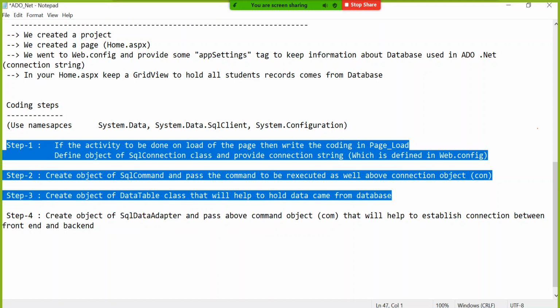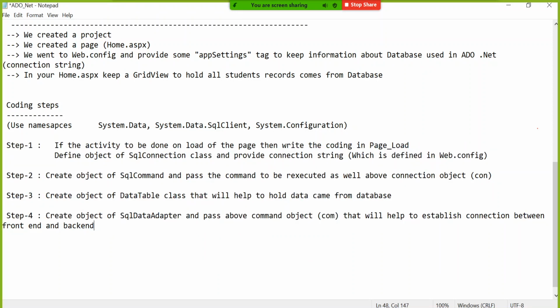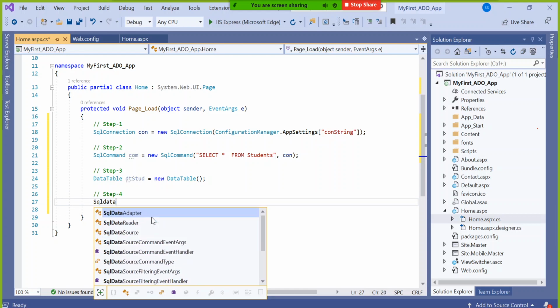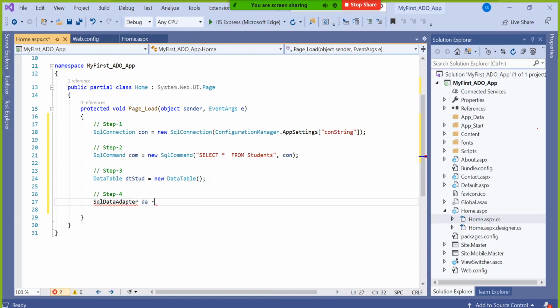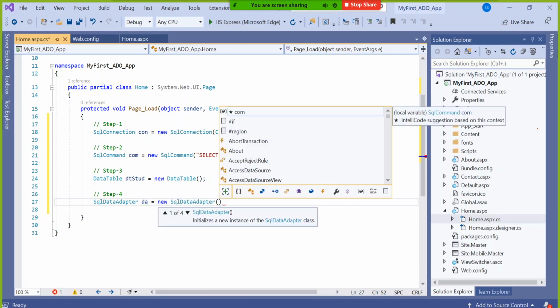The steps are common, same across all technologies, guys, not only .NET. Okay, so come here and write your step 4. Only the class name may be different in Java or PHP or any other technology, but the steps of approach are the same. So our class name in .NET is SQL Data Adapter, some object name equal to new SQL Data Adapter.